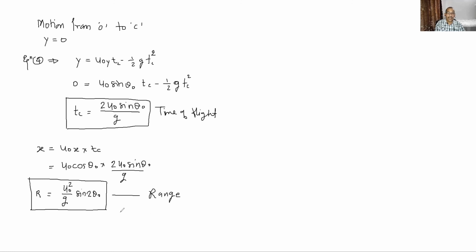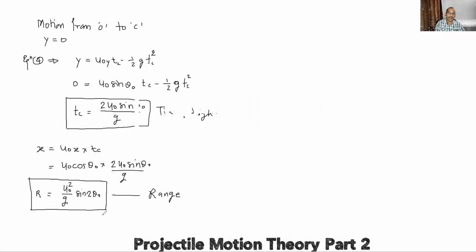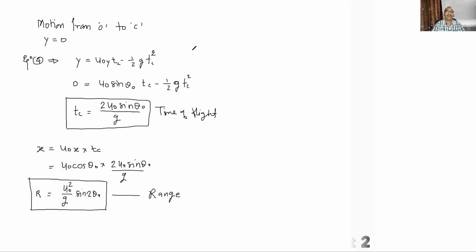So here time of flight is important: the total time required for the projectile to reach the final position. Range means total horizontal distance traveled by the projectile. So while solving problems, you can use this formula directly, or as we applied, use equations from one position to the final position. The four equations of motion are important. Using them, any formula or solution of any problem is possible. Thank you very much.